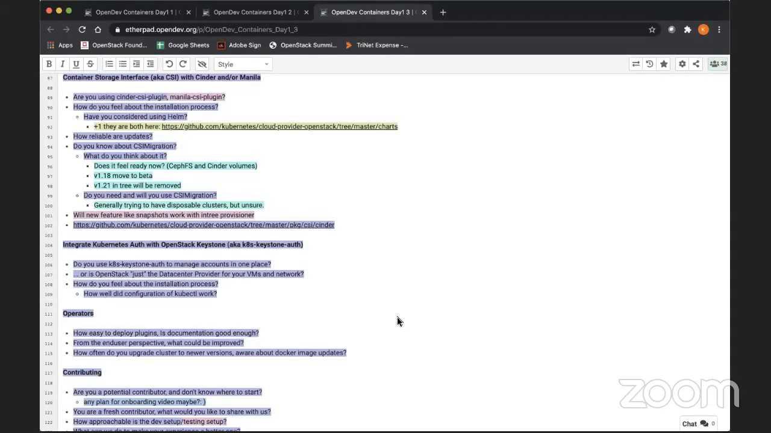So yeah, making the deployment easier would be quite a good start. I think there's already support for Cinder and Manila plugins. For the OpenStack Cloud Controller Manager, it could definitely be added. I think the people with the right privileges would probably need to make a